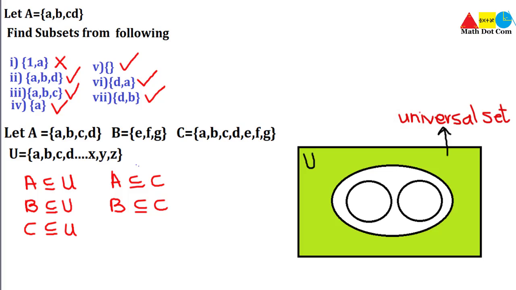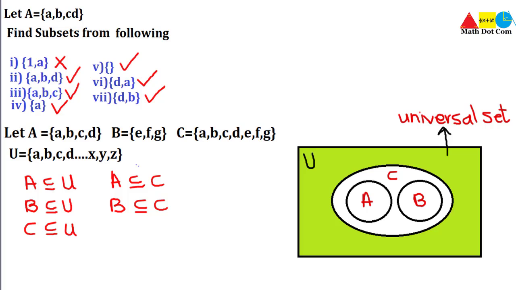So you have a U in the rectangle form. Then we have the oval that is basically C, because C is the largest set among the given sets because it contains a, b, c, d, e, f, g, and it is a subset of U. So this is C, and then A and B are the subsets of C. So we have placed A and B inside C, and A, B and C are subsets of U. So we have put A, B and C inside U. This is how you can represent subsets when you are given different sets and subsets.